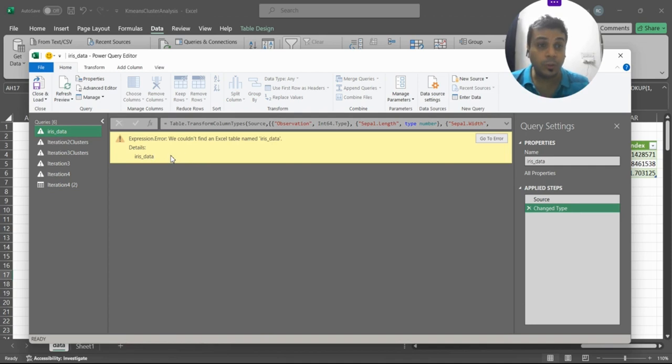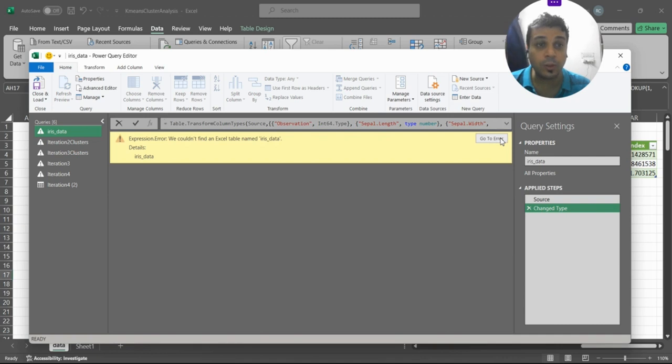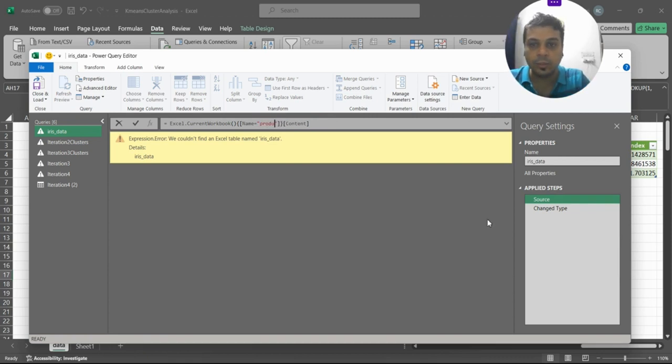So what I want to do now is, you can see this is this particular query. I want to go to this error, and I want to resolve it because I need to use this particular table for the merging purpose. Otherwise, I won't be able to proceed to the next step. So I click on go to error, and then it gives me this particular query. So all I need to do now is within this name section, I just need to update the table name, and the table name I know is product table. And once I do that and click on this tick here,